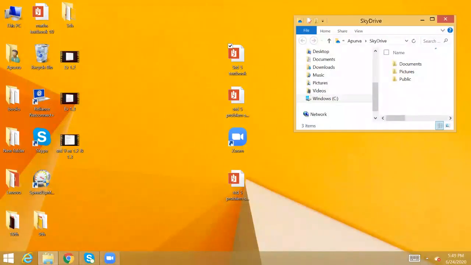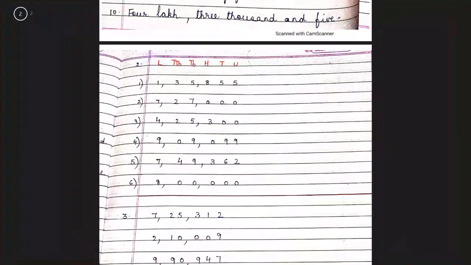Children, I hope you are able to understand. See how I've written? 9 lakh, 9,000. That's why 10,000's place, there's a 0. 9,000. 99. So under 100 also, there's a 0. And then 10 and unit is 9. Okay. Now the fifth sum is